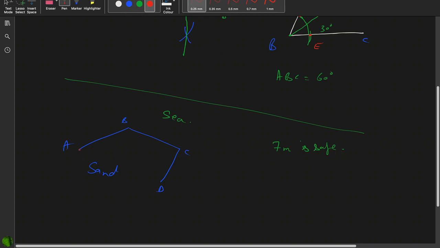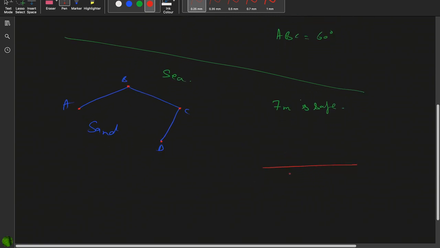So what would we do? I see 4 points. This is A, B, C and D. Before I complete this, let me consider this simple case. If I have this line and I tell you that you can stay within 7 meters from this line, it would be 2 points on either end and straight lines on either side. So for example, if I draw the arc having a radius of 7 meters on both the sides